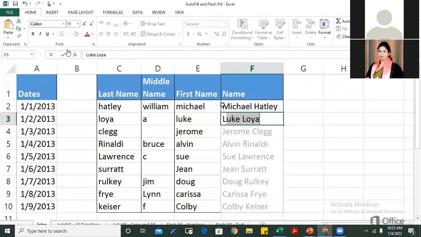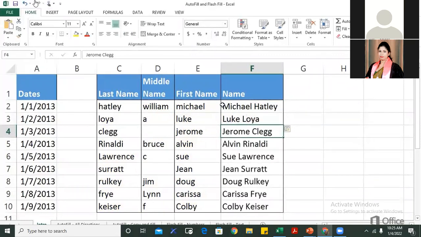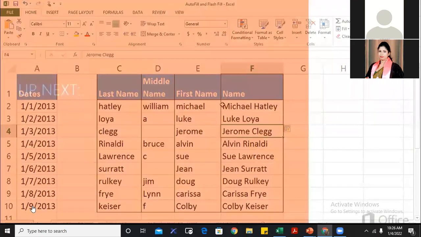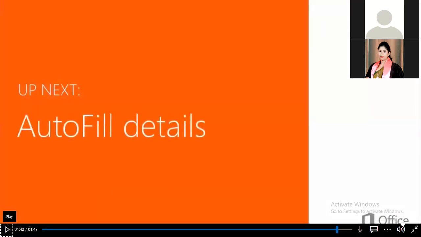Start to type the next name, and, as if by magic, Excel provides a preview of the names formatted the way you want. Press Enter, and the names are filled in for you using the Flash Fill feature that's new in Excel 2013. Autofill and Flash Fill are tremendous time savers, and they can do much more than we've covered in this introduction. In the next videos, we'll cover them in more